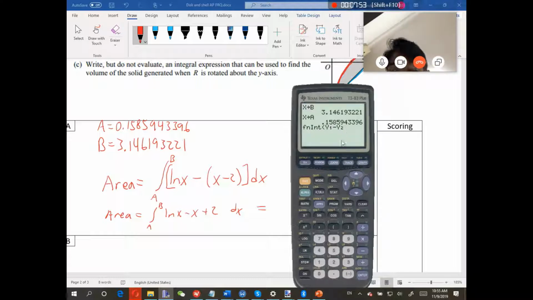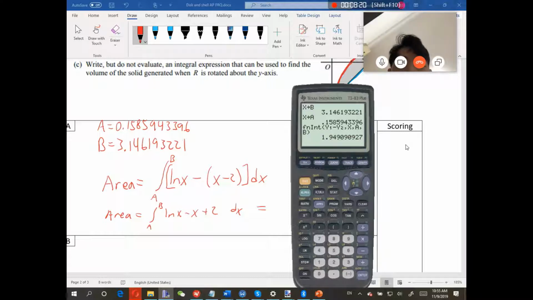So top minus bottom, comma. So that was my equation. Then I need my variable, x. From my lower bound to my upper bound, from A to B. And now we're not rounding, and we've got our equation top minus bottom. Okay, if I hit enter,